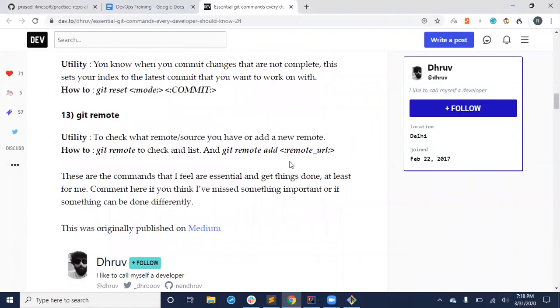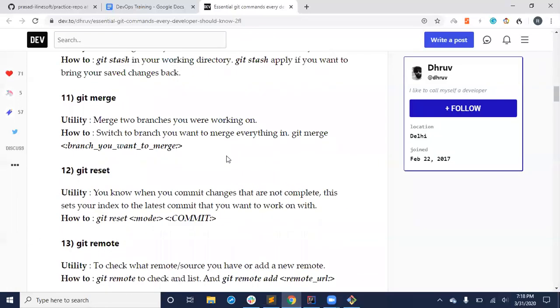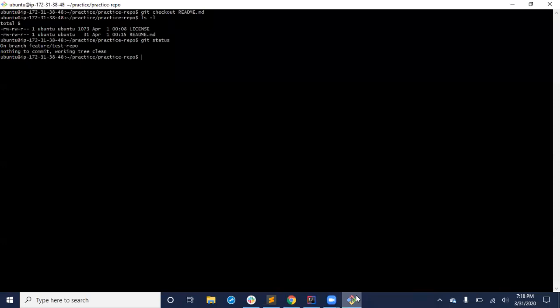Git remote you don't normally use when it is there. So git merge is a bit important. Merge is whatever you have in some branch, now you merge it to another branch. Merging is like taking the changes from one feature branch to another. This is more important. We'll talk about rebase also, but merge is much more important.